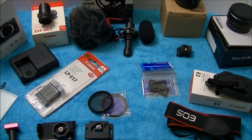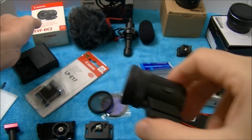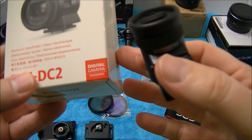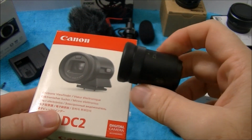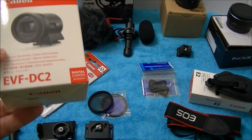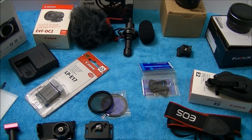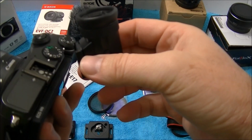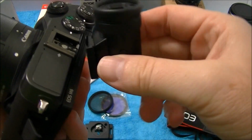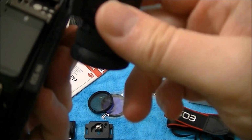Okay, next, for the big boy, I got the EVF-DC2. This is the OLED viewfinder. They have the DC1, and I was debating on which one I should get. By the way, I got this on B&H. It was like $200, and that kind of was a shocker of the price. But what am I doing here? So basically,